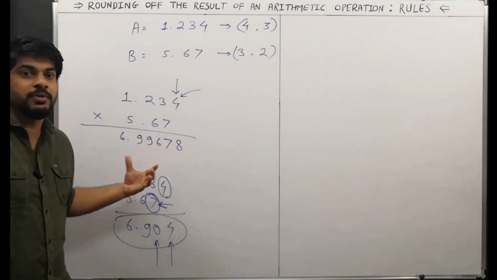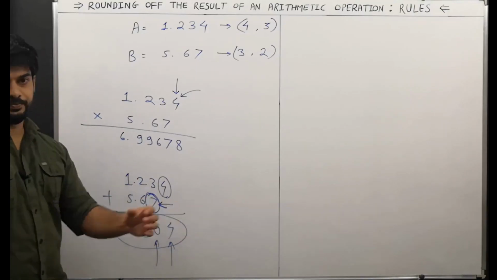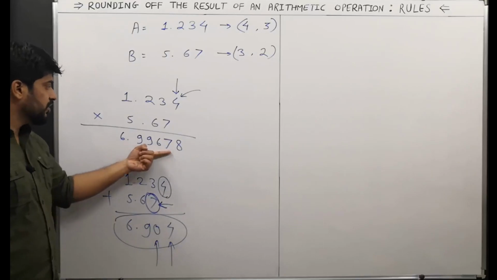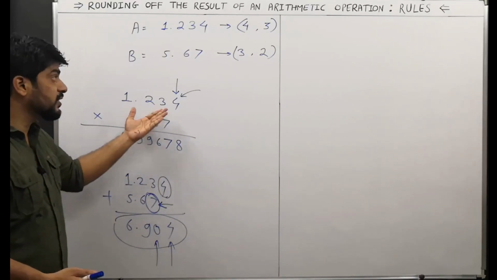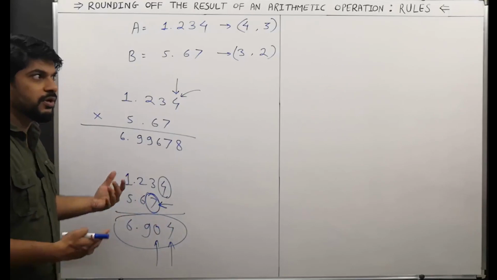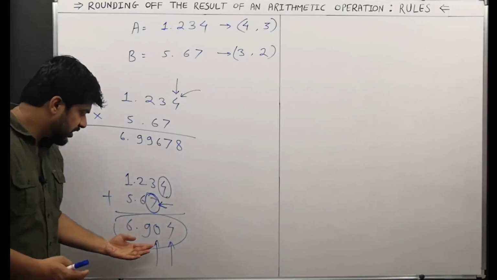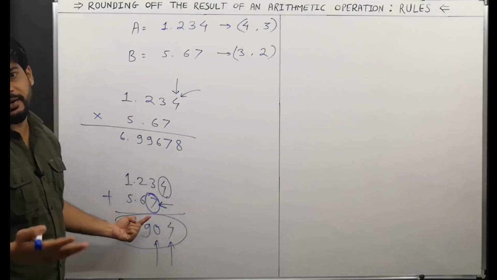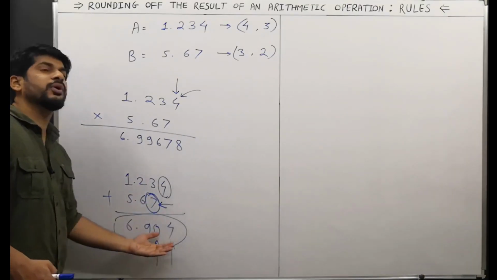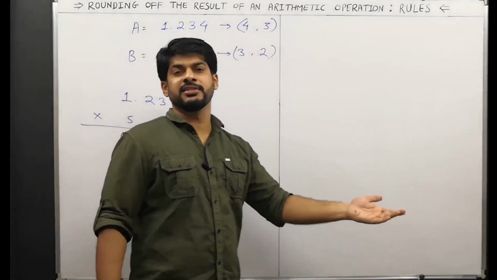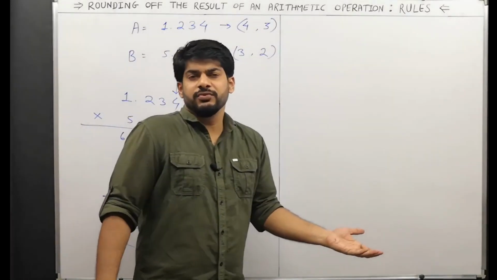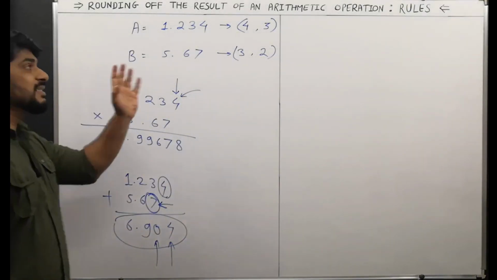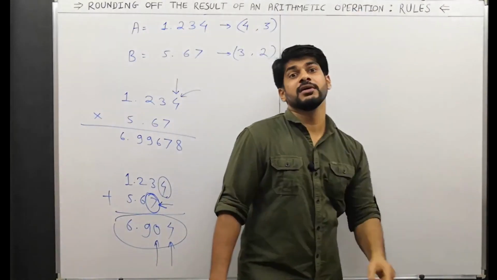There must be some ground rules specified to remove these uncertainties, remove these confusions. Just like over here, the answer becomes more precise than the values. That is not possible. That will convey a wrong message. Same here, this will also convey a wrong message because already the second decimal place is uncertain. How can we write, and why should we write, the third decimal place in the answer? That would be quite superfluous. So that is not the way of doing it. That is the reason why we have specified some rules.